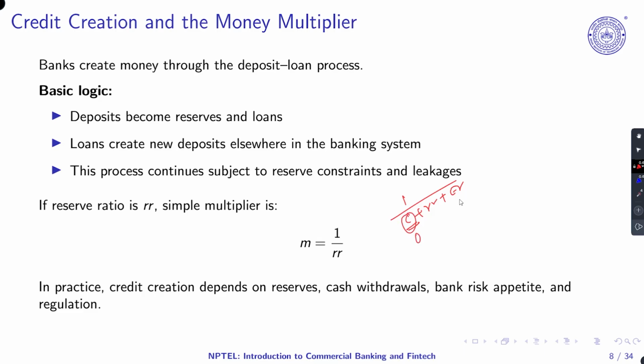If excess reserves, the money that banks keep with the central bank, are 0, then RR is decided by the central bank. Normally it is called CRR plus SLR. If the reserve ratio is lower, then banks have a higher amount of money for lending, so the money multiplier will be higher. So lower will have the good impact. If it is higher, the overall money multiplier will be lower. So this we discussed, which means that the role of the central bank is very crucial.